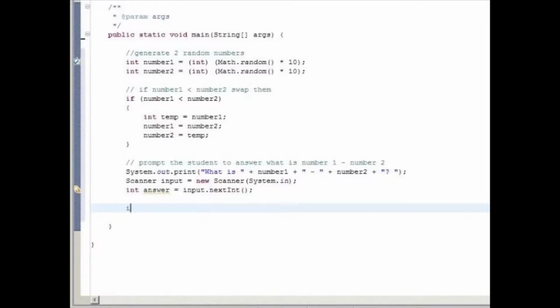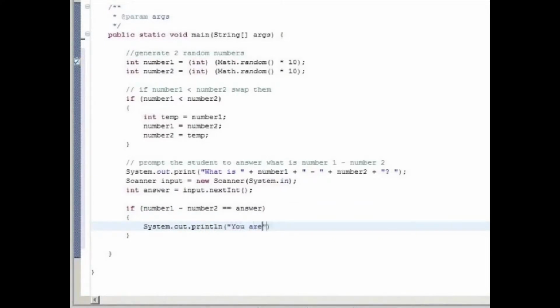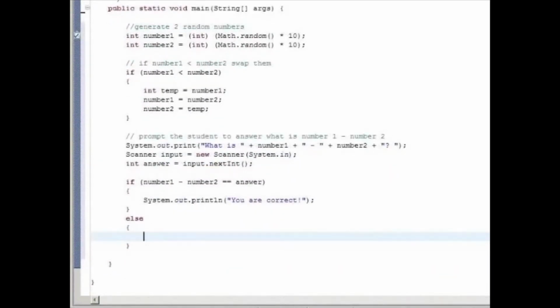Well, we have an if statement with our Boolean expression, and it's going to be if number 1 minus number 2 is equal to their answer. So in other words, if our calculated answer is equal to what they entered, then we are going to simply System.out.println you are correct. Now, how do we do this otherwise bit? Well, in Java, it's with the keyword else. So what this means is, if this is true, do this block of code, else or otherwise do this block of code. And what we're going to put in here is